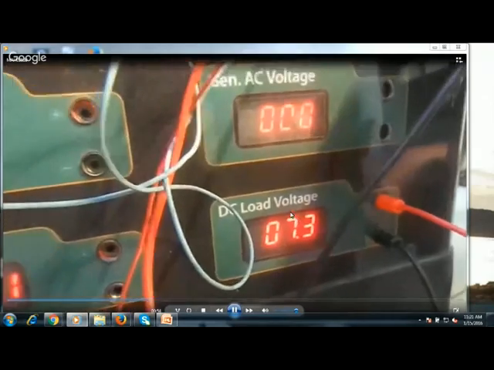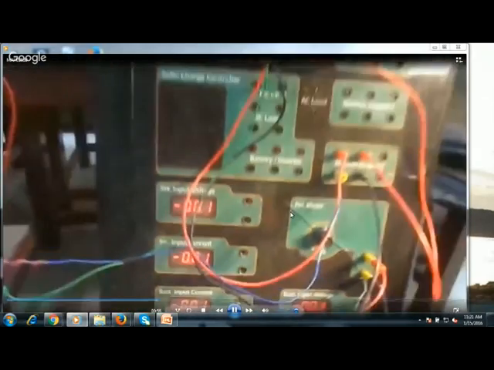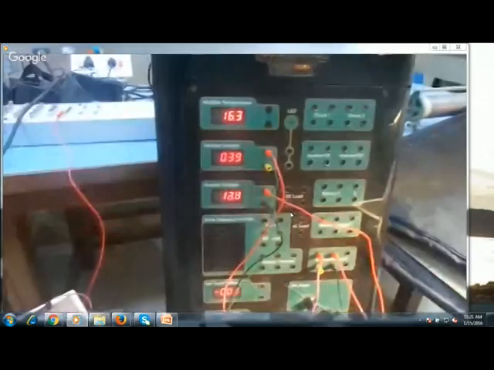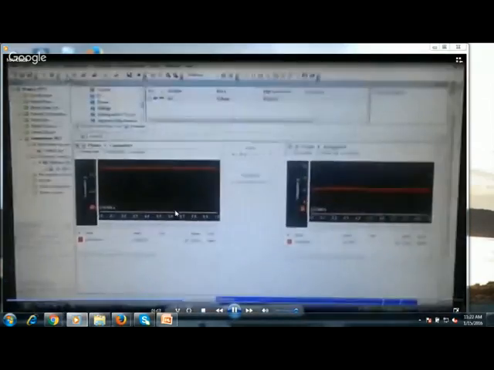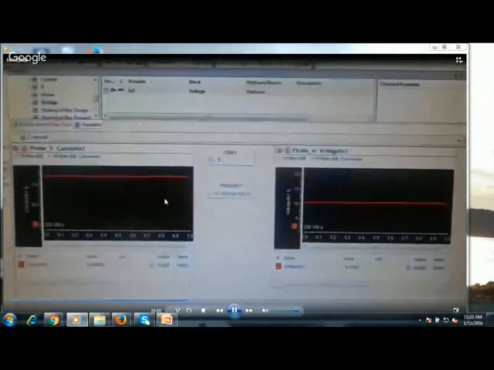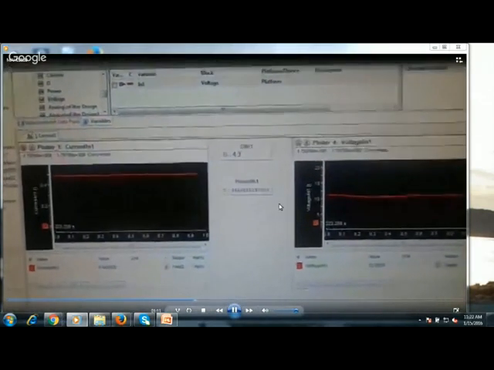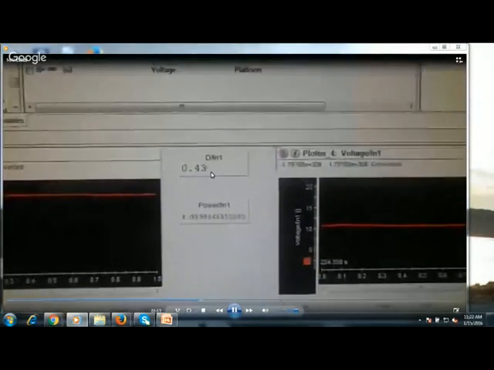It was 12 there, and I bucked it according to my requirement and its duty cycle, and we are getting maximum power. To find out the efficiency, I have used an irradiation and temperature sensor, and so you can see the data here. You can monitor the voltage here. So this duty cycle is 0.43.